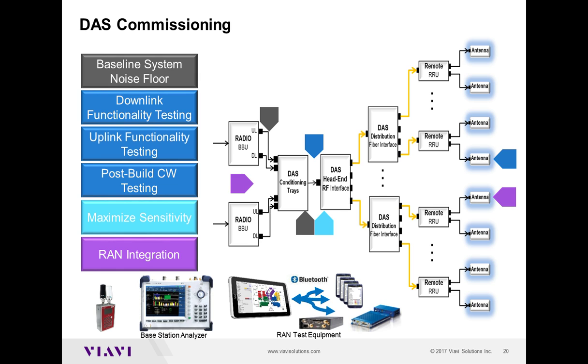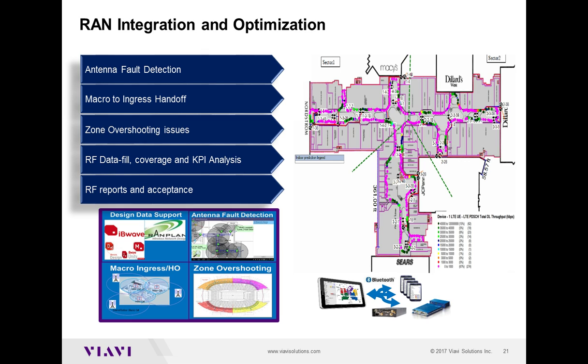Antennas are connected in the right place. You are not transmitting, they are not switched or anything to that effect. And of course, post-build CW testing I talked about, uplink functionality testing, maximize sensitivity, and after that you will do RAN integration. And I've identified some of the tools that I've seen people use in the industry. There are solutions out there which can help you for RAN integration and optimization, like once you have done, take a walk test kit, the solution that can help you identify antenna fault, macro to ingress